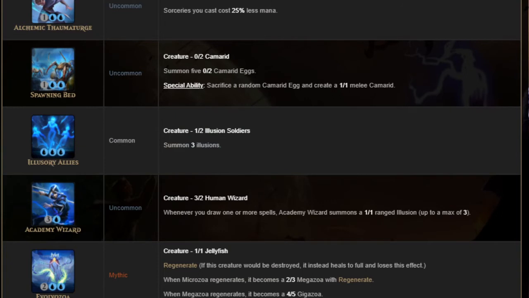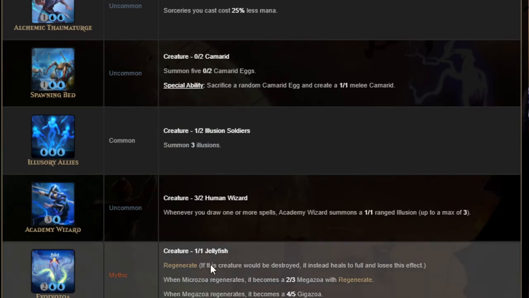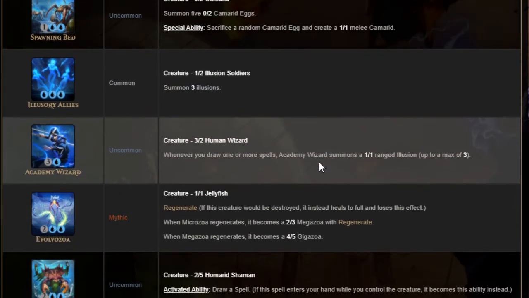Next we have Academy Wizard. Academy Wizard is great for decks that want to really focus on card draw and card draw triggers. Blue has a lot of those, and a lot of them tend to be sorceries, although we do see some where it's not